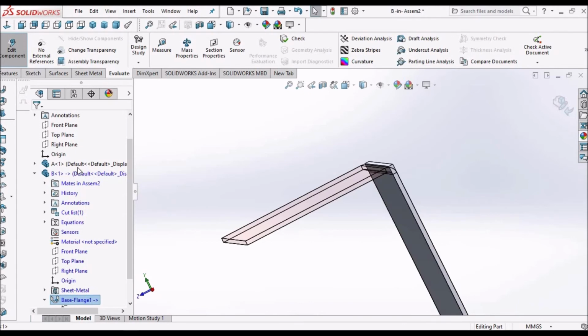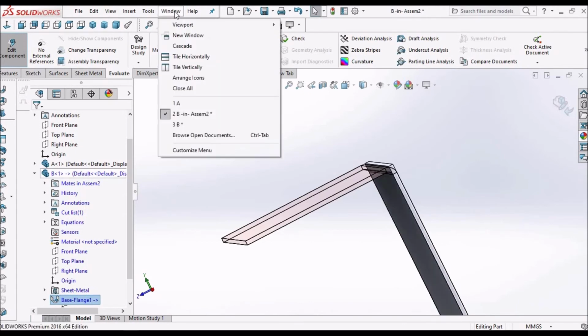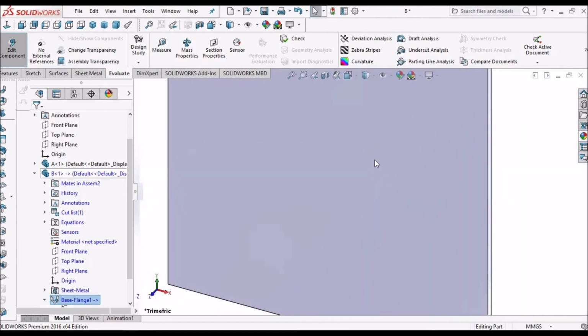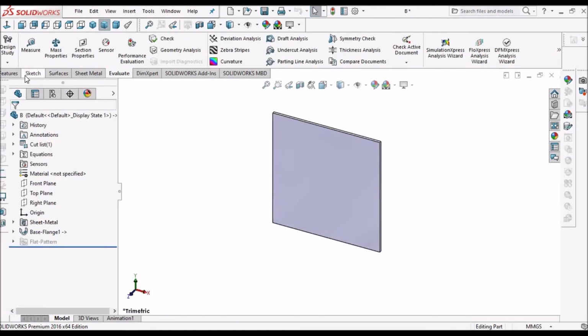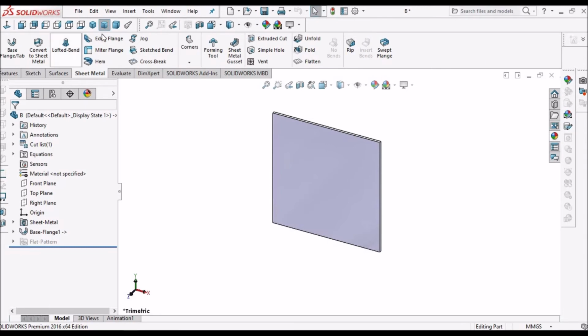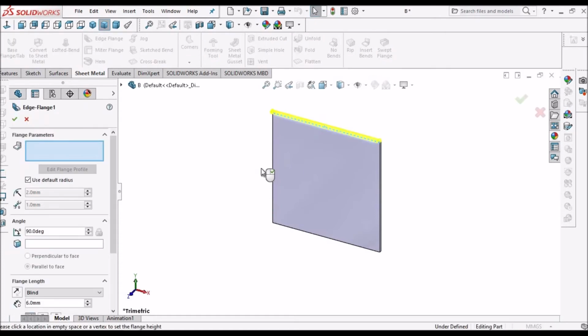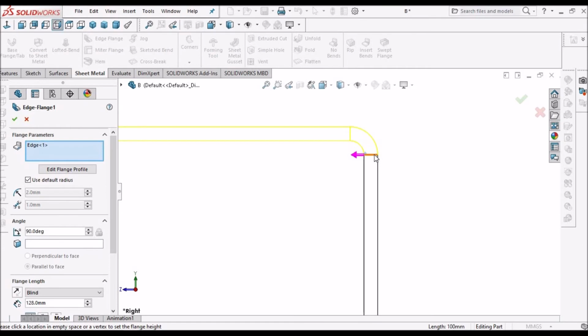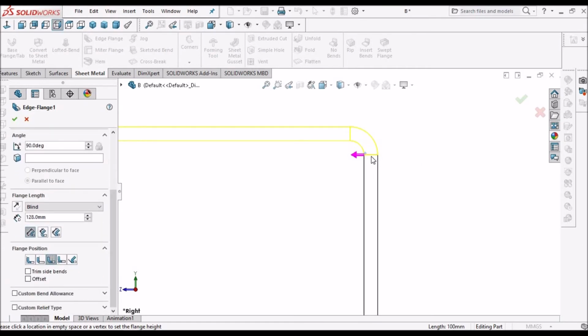Now what we have to do is go to the B component once again, which is a new component. Select this edge, go to base flange, select this edge and keep it in right plane, right view. See here it is moving up, but we need it exactly at this edge.